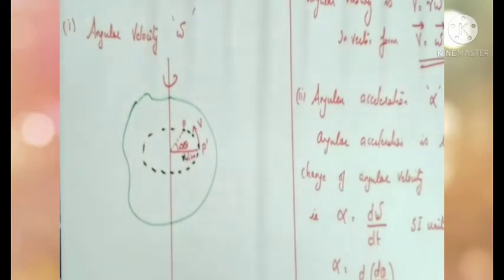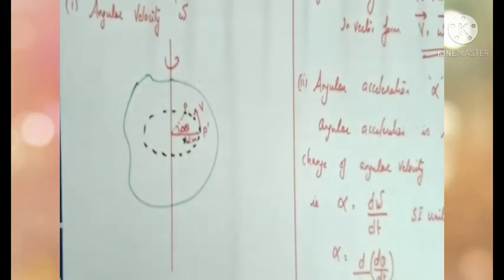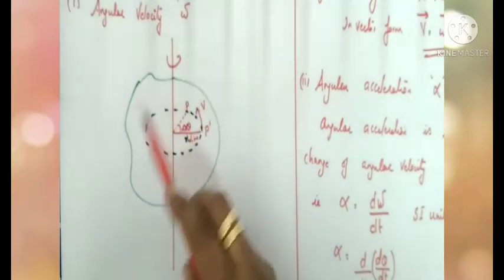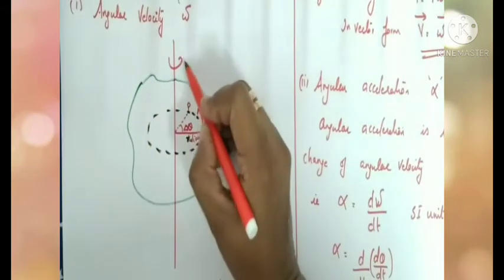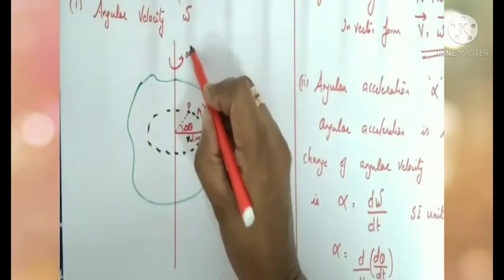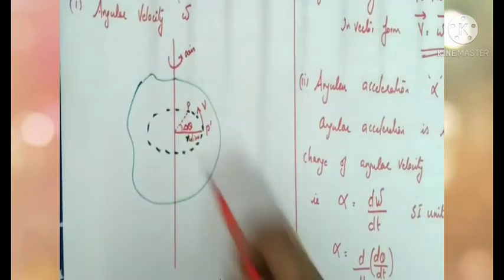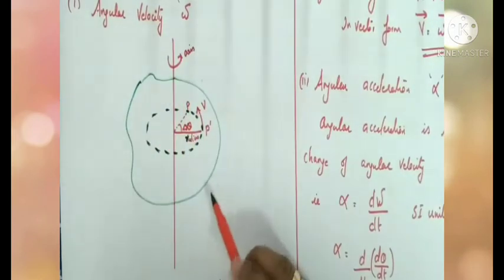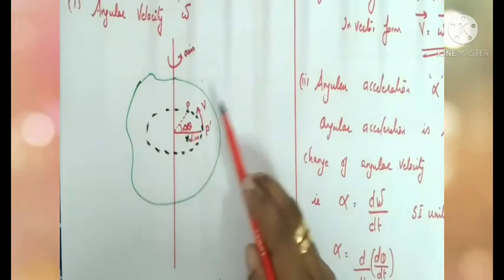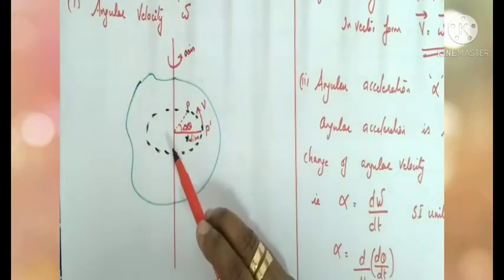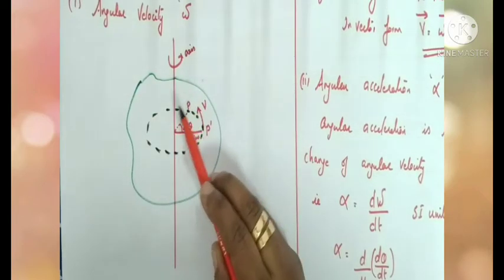Now we can see different terms relating to rotational motion. First one, angular velocity. It is represented by omega. Consider a rigid body which is rotating about a given axis. So here is the axis, and the object is rotating about the given axis in this direction. Now, P is a particle. When a rigid body rotates about the given axis, each